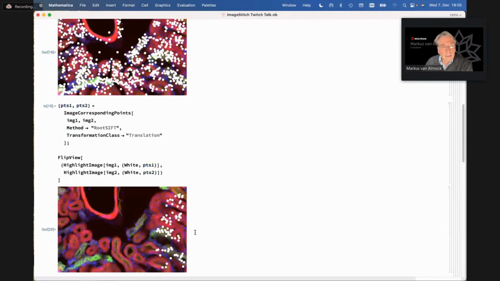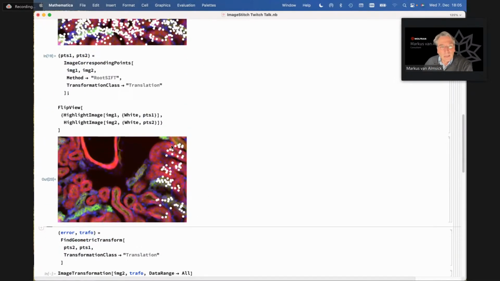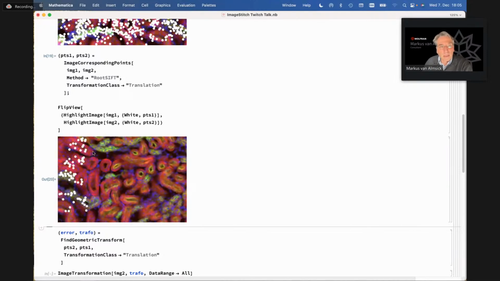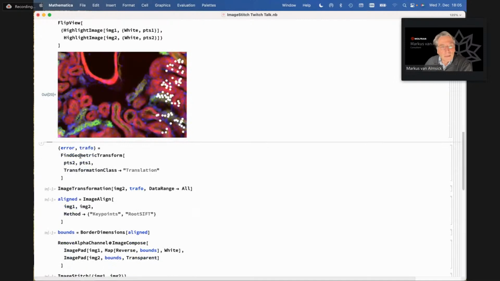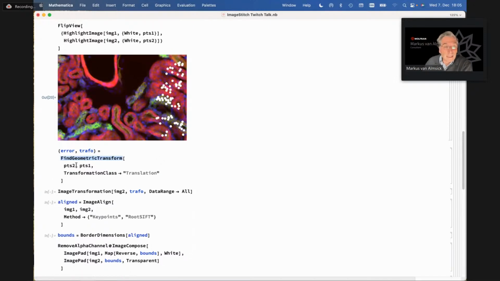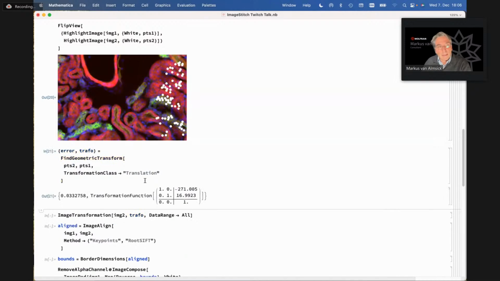So if I do that, then I get now just a subset of points. In one image, I just get the subset on one side of the image. In the other image, I just get a subset of corresponding points on the left side. And so what's next to be done is to match this set of points with this set of points. And this is done by a command in Mathematica called FindGeometricTransform, which basically takes 2 point sets and then tries to find a transformation of a certain transformation class, in this case translation, to match point set 2 to point set 1, and as a result I get a